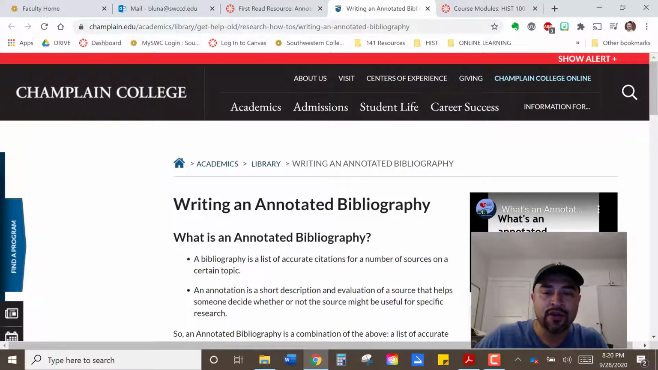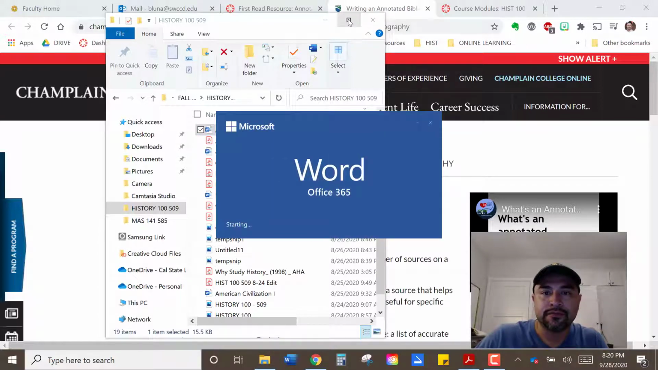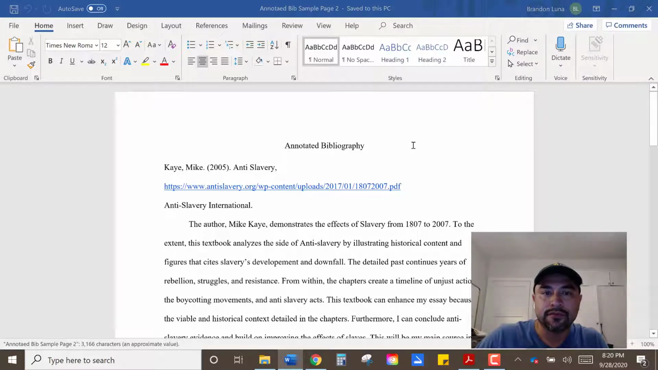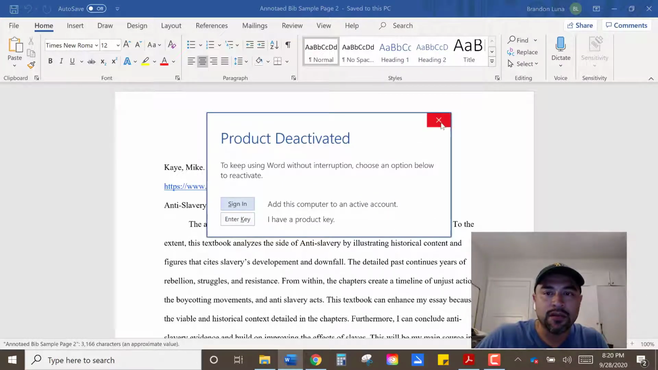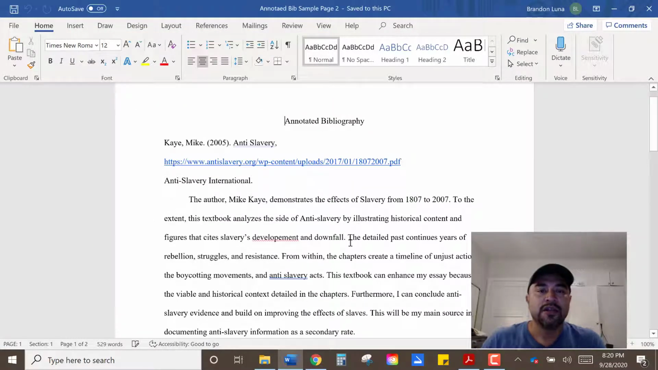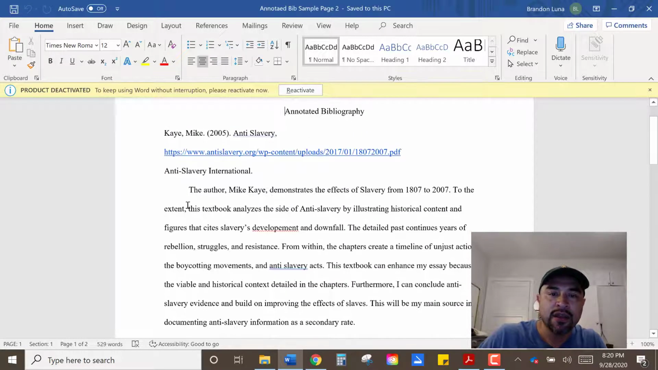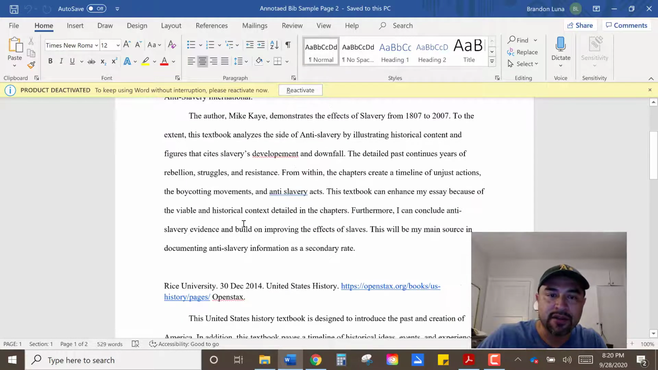Second, I just want to show you quickly a couple of examples of past annotated bibliographies. This student listed in their annotated bibliography a couple of sources, included the hyperlink to the PDF as well, and they provided an overview in a paragraph that talked a little bit about their source. And that's what I would like you to do as well,